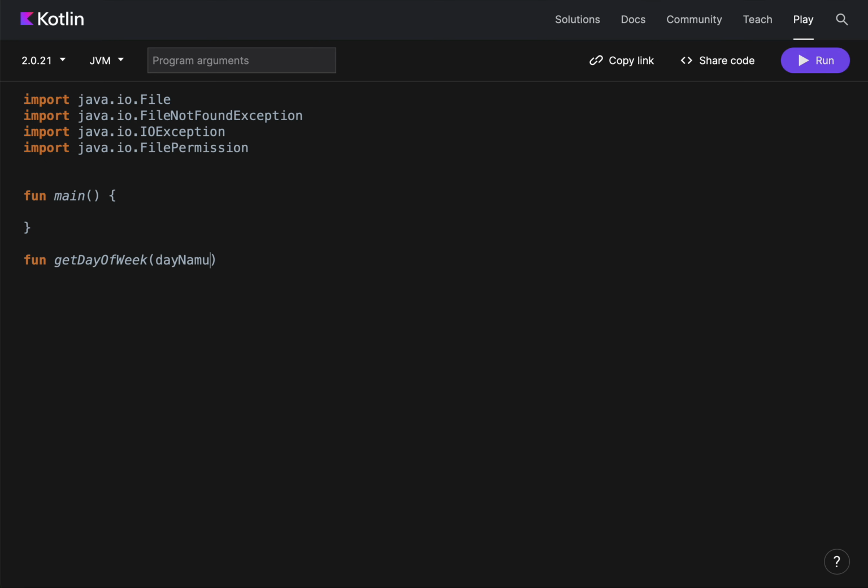We pass a day number of type Int, which returns a type String. So return when the day number is 1, you have Sunday. So when it's 2,